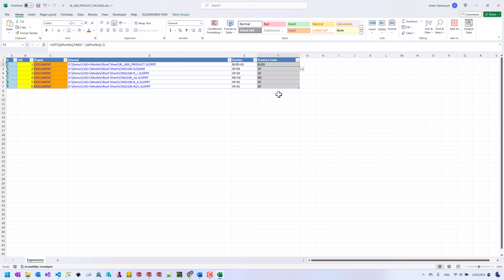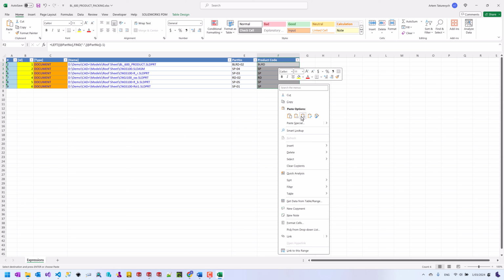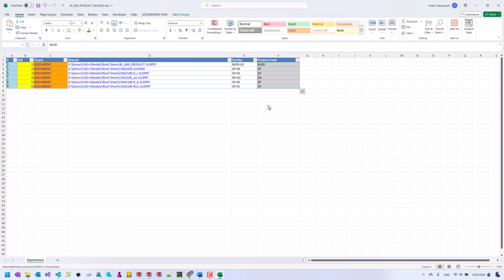So if I want to bring it back, there is one thing I need to do. I need to copy those values and remove the formula. So for that I'm just going to do a copy, and then I'm just going to paste those as values. So I just disconnected my formula, and I also need to make sure that the value I want to import does not have a background, because this is the only cells Properties Plus will read. So in this case I just want to remove the background from here. Now I can just save my Excel file,